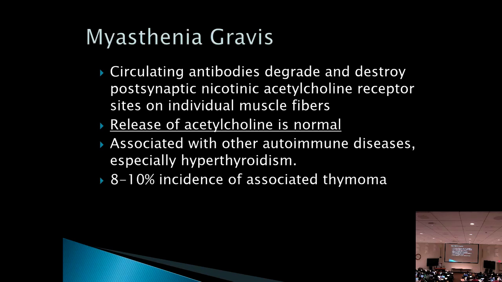The pathophysiology of myasthenia seems to be related to the thymus gland. 8 to 10% of patients with myasthenia gravis have a thymoma, but if you take the thymus gland out in someone with myasthenia and look at it pathologically, there's usually hyperplasia and abnormalities, not necessarily tumor, but it's usually abnormal. There are these muscle-like cells in the thymus gland that look a little bit